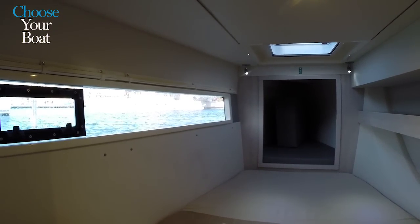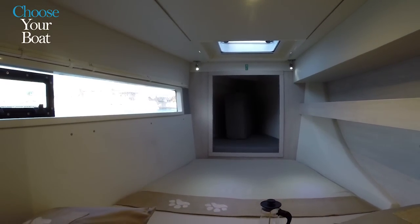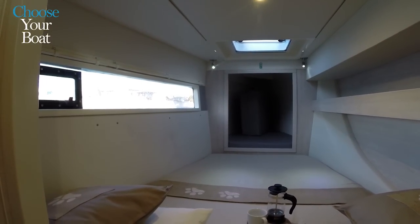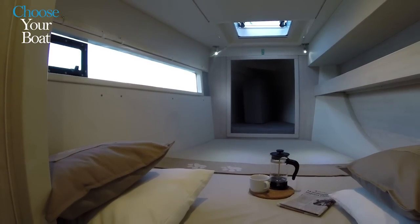When we sit in the bed, we're at eye level. We can see the ocean outside, and there's an opening port in the window as well to give additional ventilation. There's a hanging locker, some drawers under the bed,